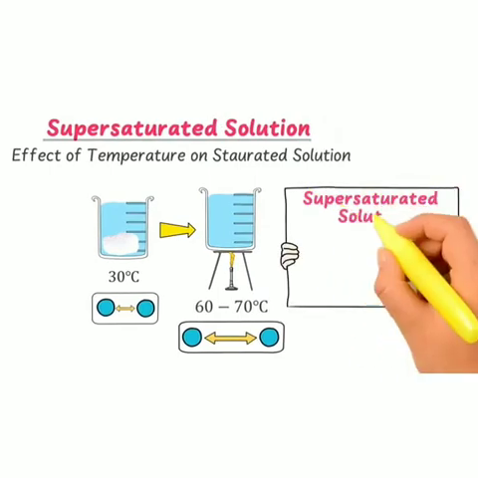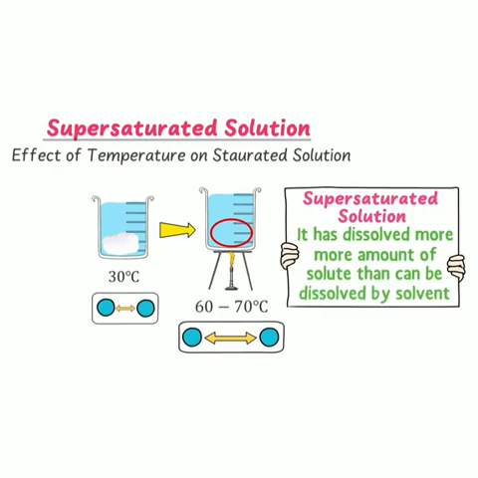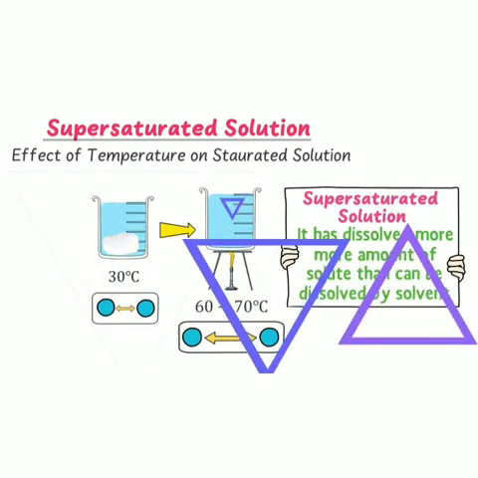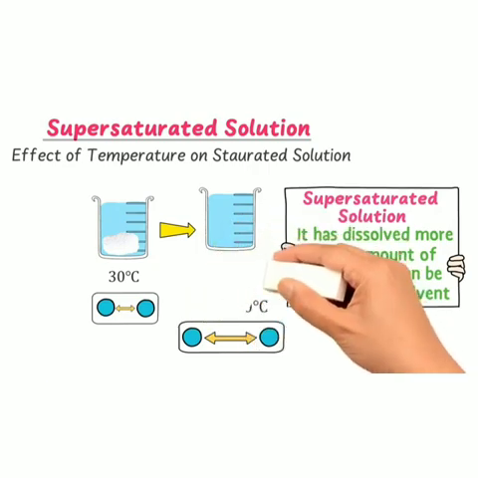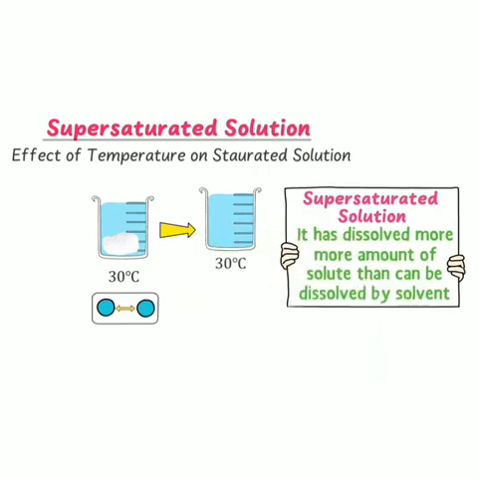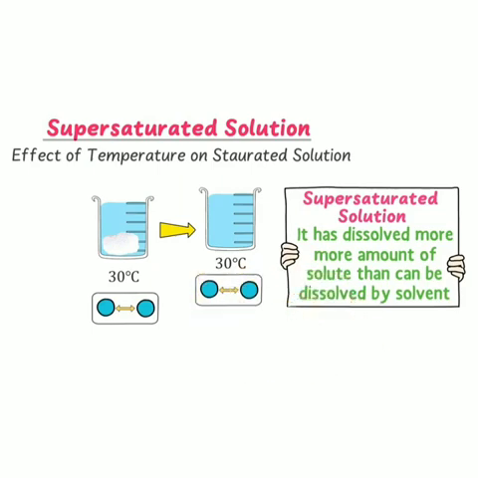Now see here, supersaturated solution definition, okay. It has dissolved more solute than can normally be dissolved by the solvent. In supersaturated solution what happens? More solute can be dissolved than the solvent normally dissolves. Solvent क्या है यहाँ पर? वाटर है. So normally water में जम गया था नीचे at 30 degrees centigrade. When we heat up to 60 to 70 degrees centigrade, that solvent has the ability to dissolve more solute, understand? Yes. जब हम इसको ठंडा कर देंगे at back, okay, we decrease the temperature to 30 degrees centigrade,